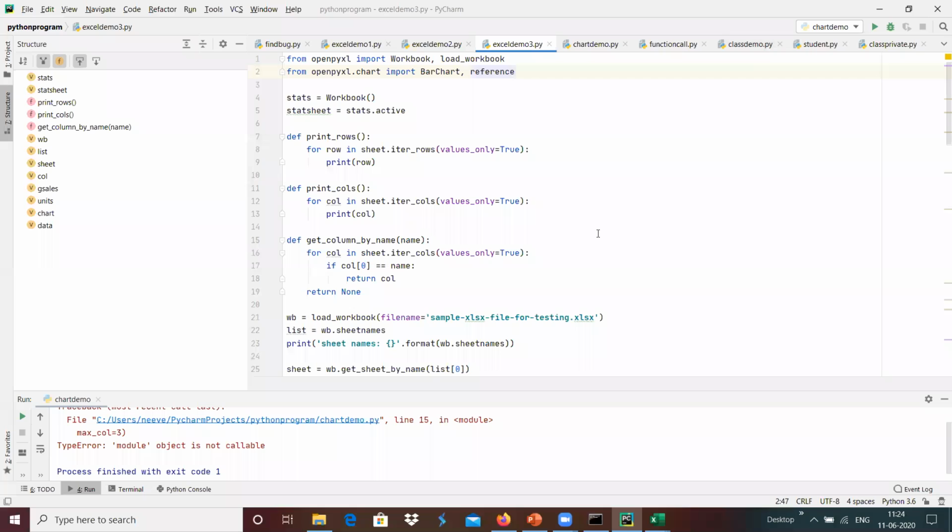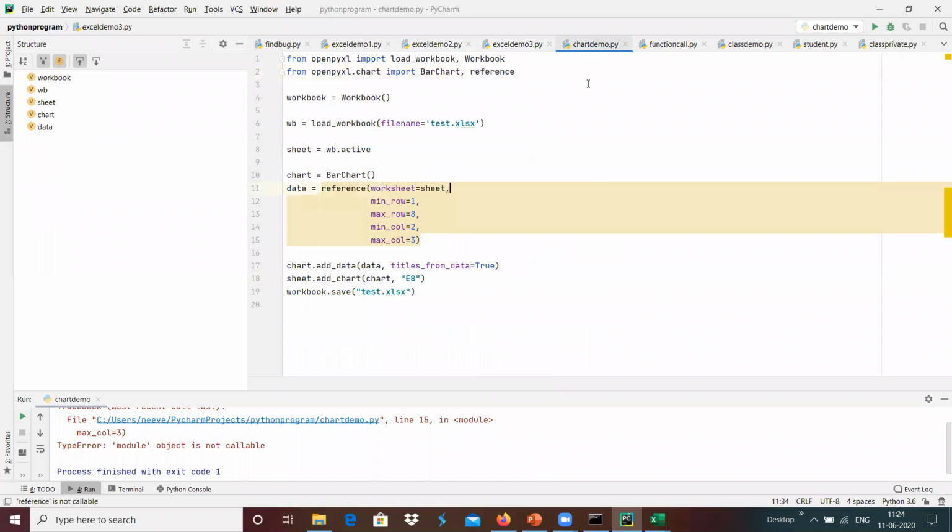Min row is 1, minimum row is 1, that is right, 8 rows and 3 columns, that should be fine over here. Yeah, 8 rows and 3 columns contain the data.